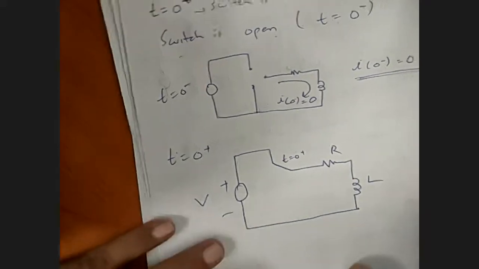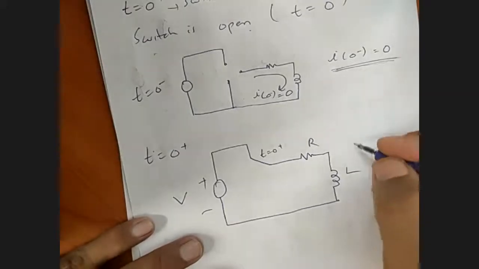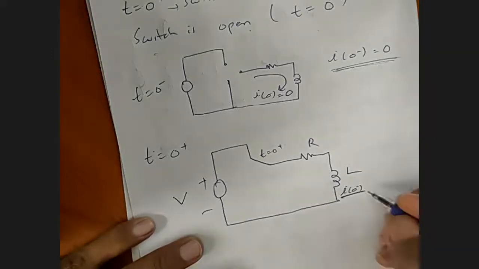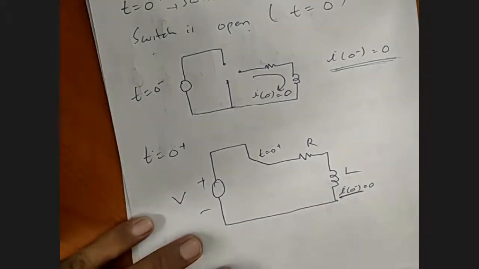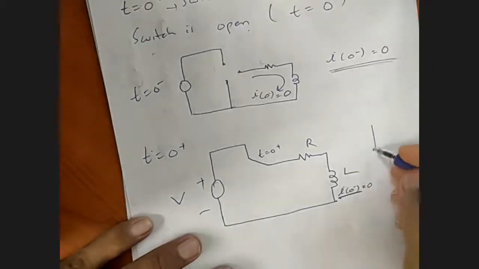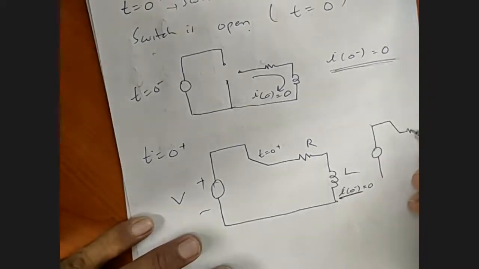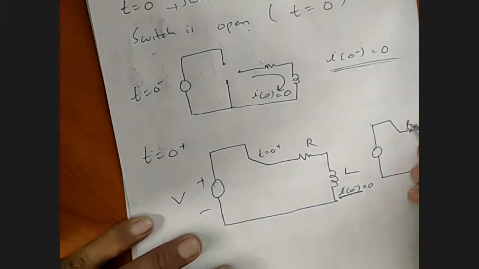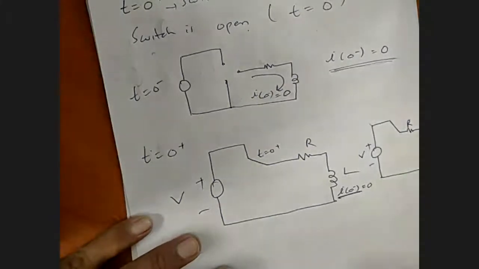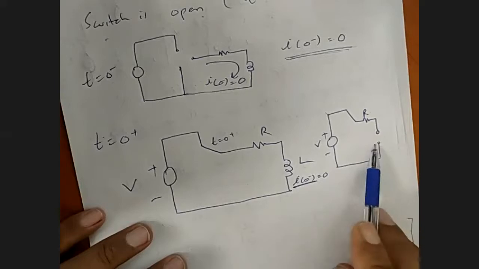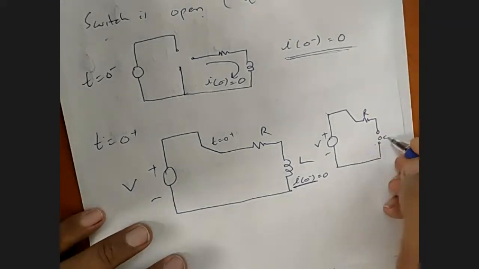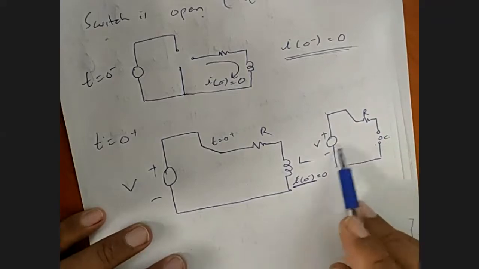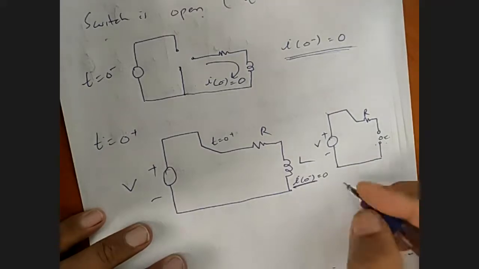So for finding I0 plus, I have to first check what is I0 minus in the inductance. I0 minus in the inductance is 0 current. That means inductance will be behaving as open circuit. So because inductance is behaving as an open circuit, that means V R and it is open circuit. Now because of